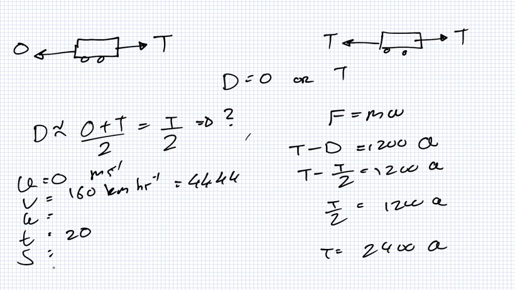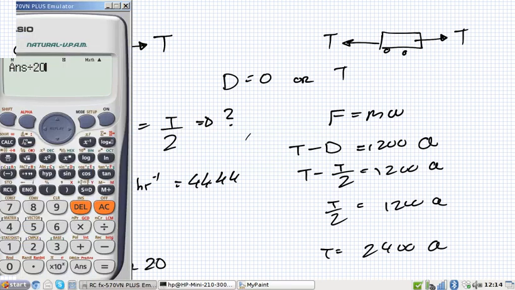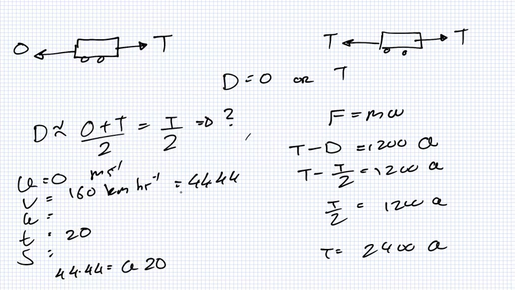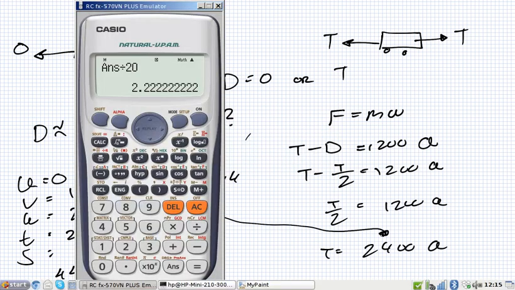And we're looking for the a, so we'll go with v equals u, which is 0, plus at. So just take that answer and divide it by 20. So that is 2.22 meters per second squared. Okay, so just multiply that by 2400. And we get 5,333 newtons. That's the driving force of the car,